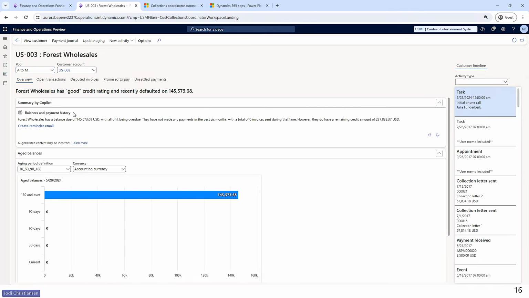And then this is where we see our Copilot summary. So we know that they have a good credit rating, which is just the credit rating that is on the customer itself, and that they've recently defaulted on $145,000, which you can see is their aging balance down here at the bottom. But this is the Copilot summary where it tells them that